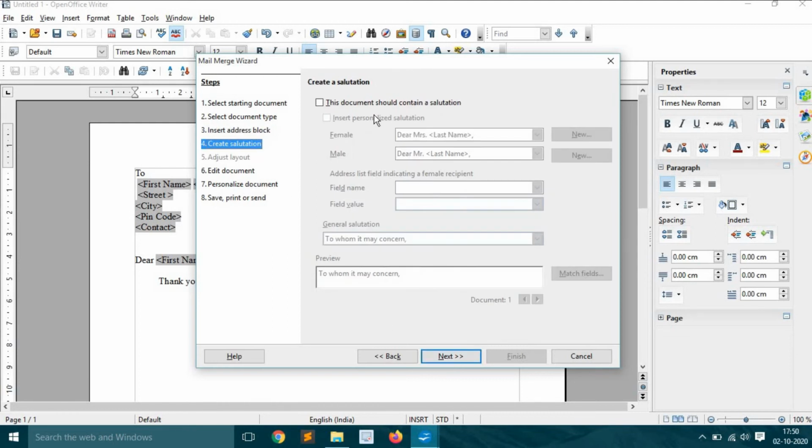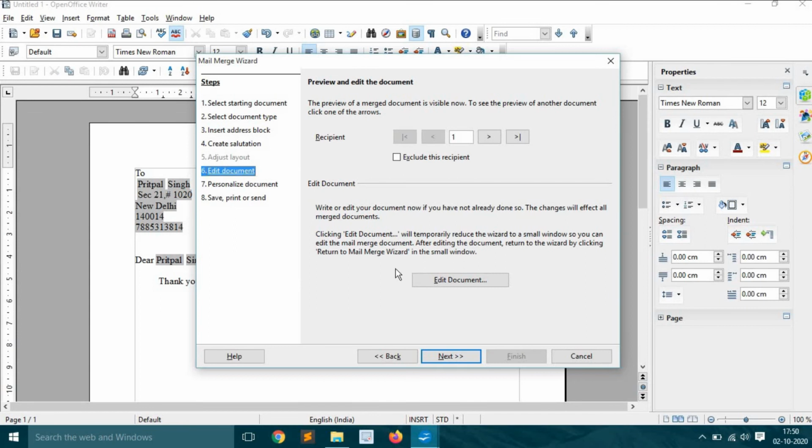After creating this document, if you again want anything, you go for this document should contain. When I click on edit your document, it automatically gives you the first name here, and it has total different records, 4 records are available there. Now we move to next.